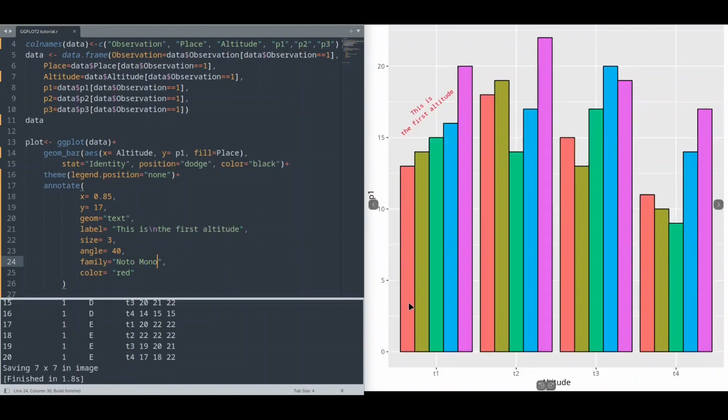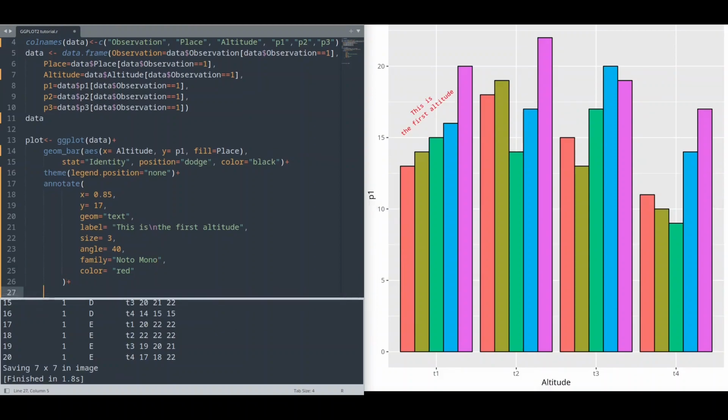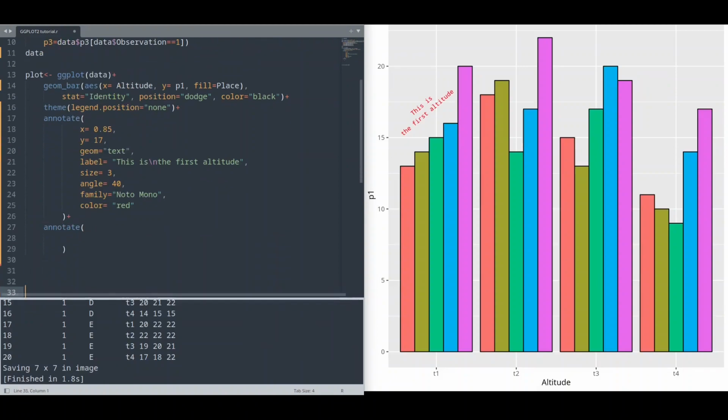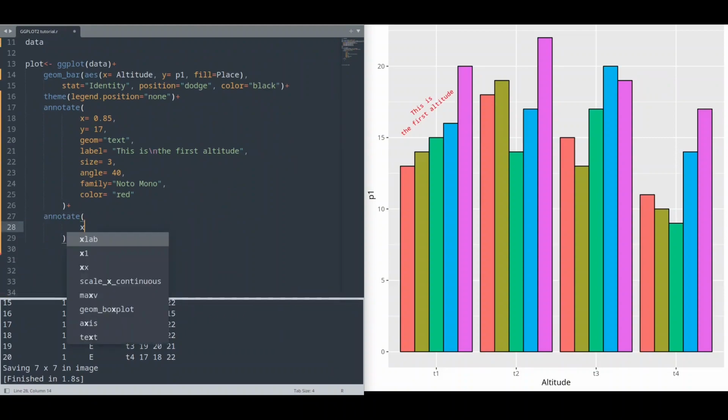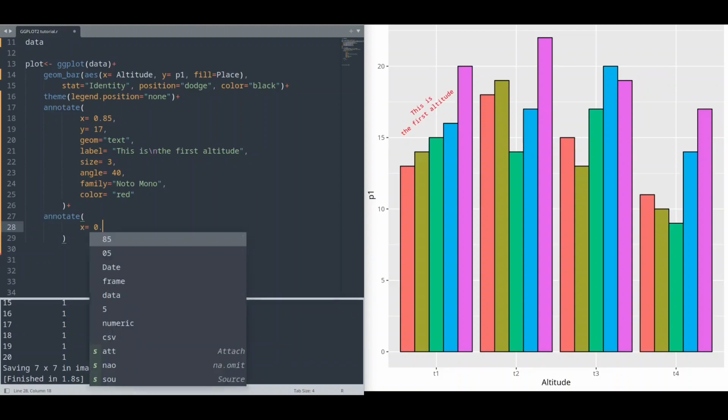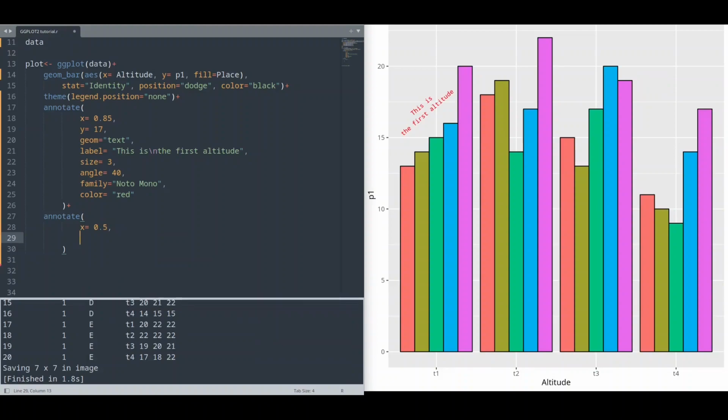And what if you want to have text along this bar? How to do that? Let's go with annotate once more. So now I want to put x on 0.5. We are going to tweak it later. Y is going to be, let's say 5. Of course, geom text. Label is going to be